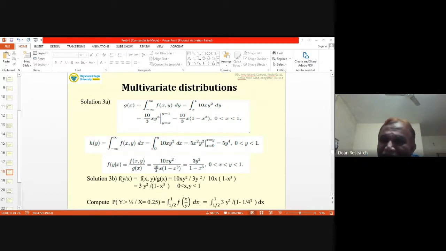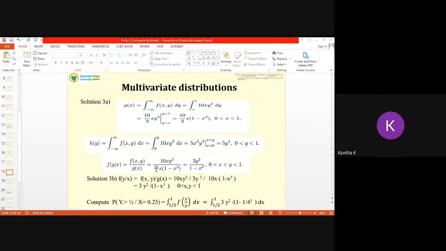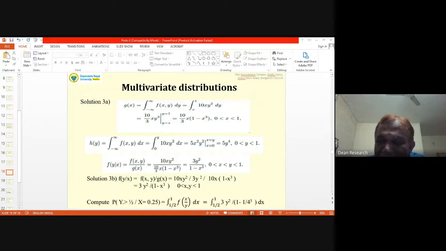Kavita, is it okay? Yes, sir. In fact, I missed one point. Because x is less than y and x is greater than 0, and we are integrating with respect to y, the lower limit for y is x, not 0. I think Amit has now pointed out this mistake, right? Very good. This type of small nitty-gritties we will have to be careful about. So the upper limit is 1, and it is correct in the integral sign. It is not wrong.